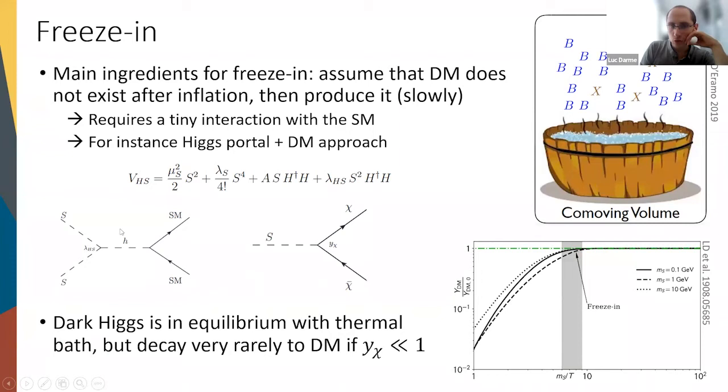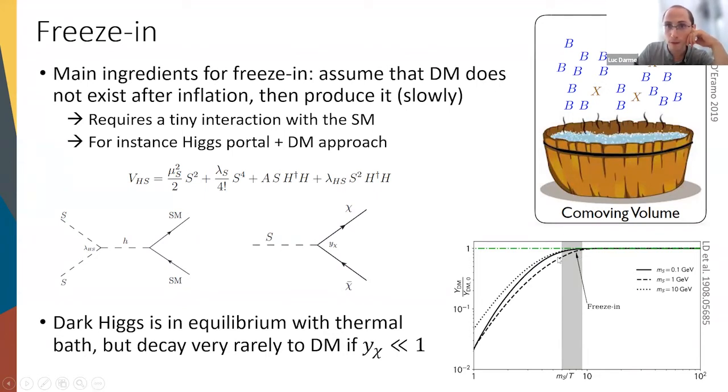So now you're in a situation where the dark Higgs is in equilibrium with the thermal bath, but it will decay very rarely into dark matter. And this you can just arrange by having a tiny coupling. So you take Y chi around 10 to the minus 12, for instance, and the dark Higgs will decay very rarely into these objects. So what you get then is that as the temperature of your bath goes toward the mass of my mediator, which is the dark Higgs here, you see that the particle abundance tends to increase,